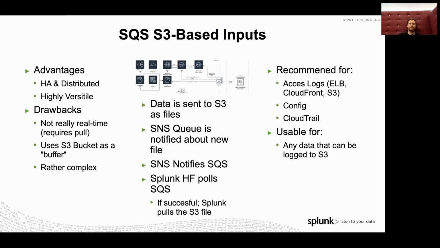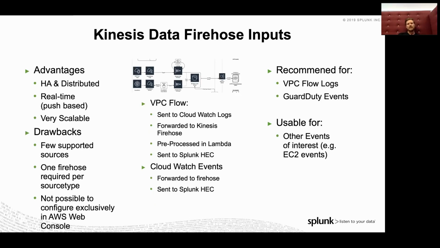Secondly, my personal favorite is Kinesis Data Firehose. Rather than this being a pull input where Splunk runs a script and pulls down data, this is a push input. So this is AWS spraying data, so to speak, at a heavy forwarder or indexer that's running the HTTP